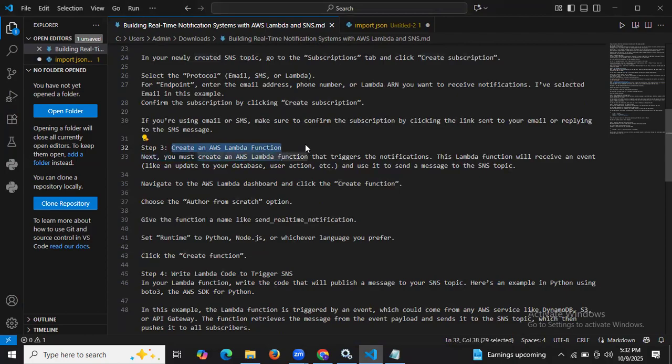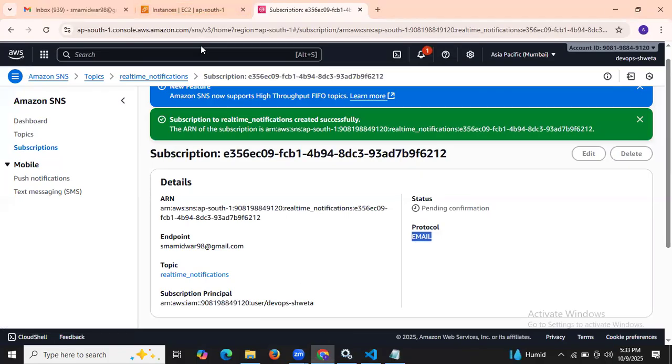Now the third step is let's create an AWS Lambda function. So how to create it? Next you must create an AWS Lambda function that triggers the notifications, and this Lambda function will receive an event, okay, and use it to send messages to the SNS topic. Okay. So let's navigate to the AWS Lambda dashboard. So let's search here Lambda